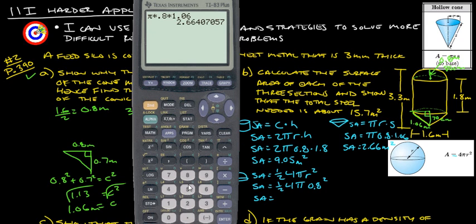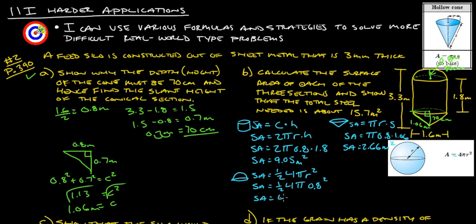So the surface area on this one is going to be 0.5 times 4 times pi times 0.8 squared. Alright, and that gives us 4.02